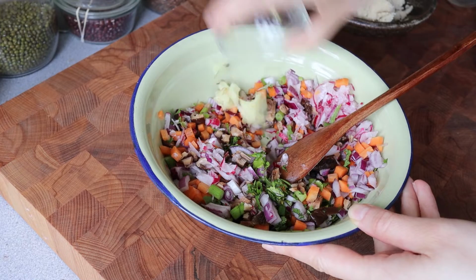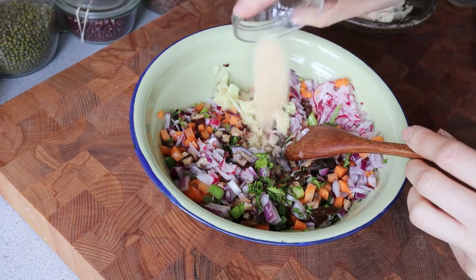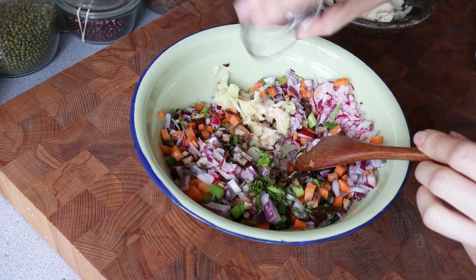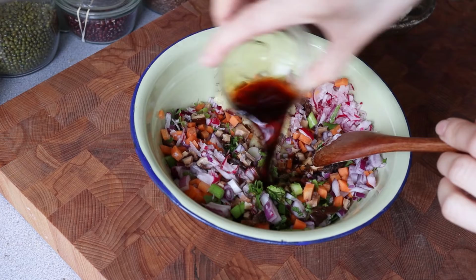I'm going to add in some flavoring ingredients. So I have my ginger, garlic powder, sake, mirin, soy sauce,